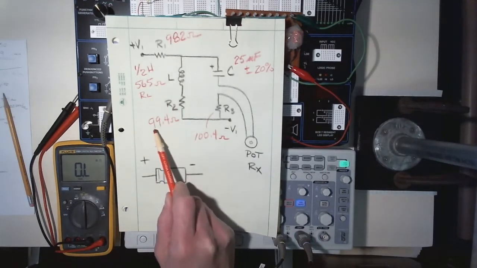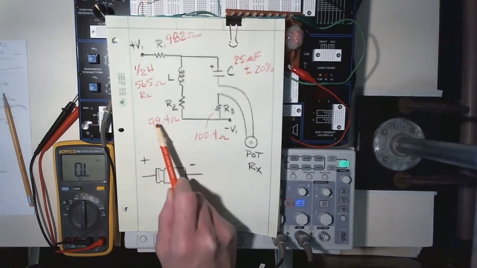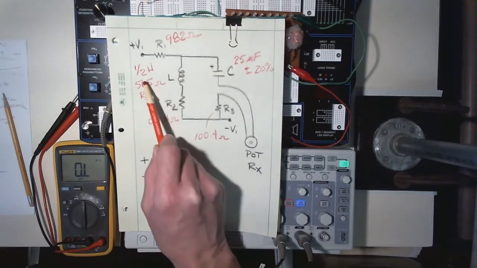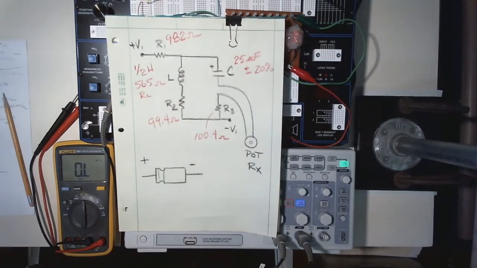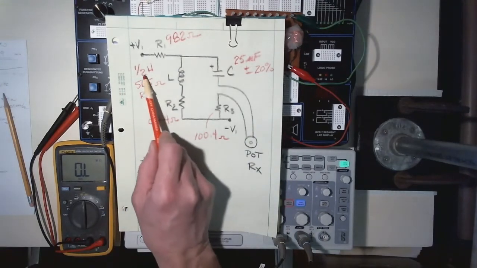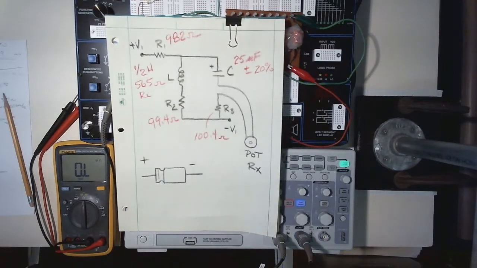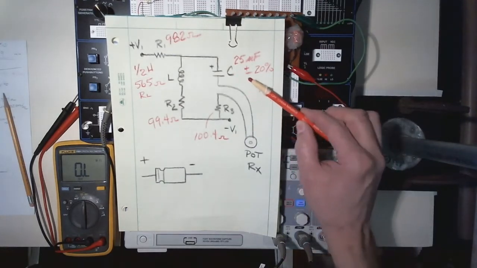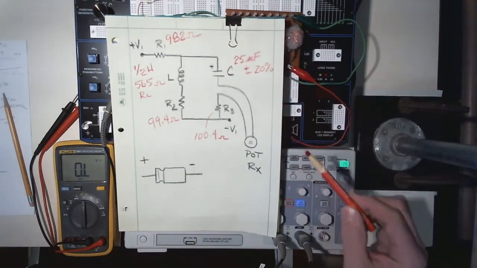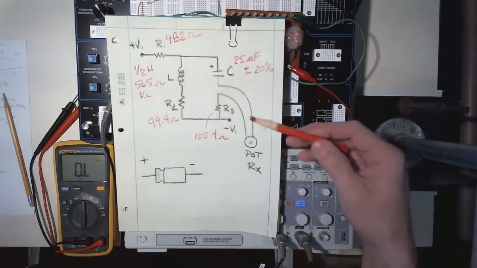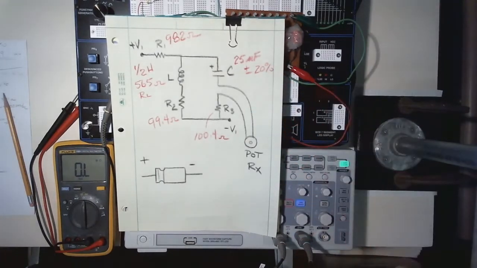It's not going to have the value of 99.4, but rather it's going to have the value of 99.4 plus this 565. Okay, so put your internal resistance here, add it to that so that you have it accounted for. The capacitor, 25 microfarads, plus or minus 20%. So in your calculations, you could play around with that as we try and justify, did we get pretty close